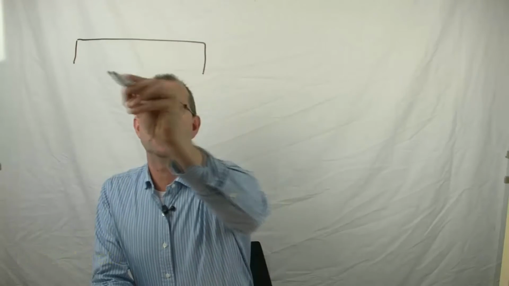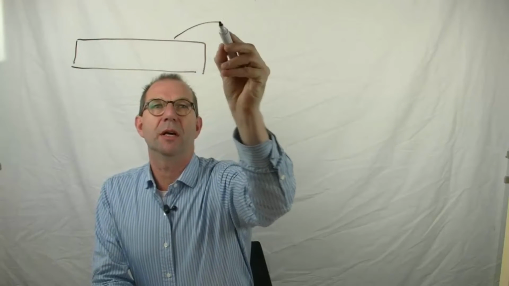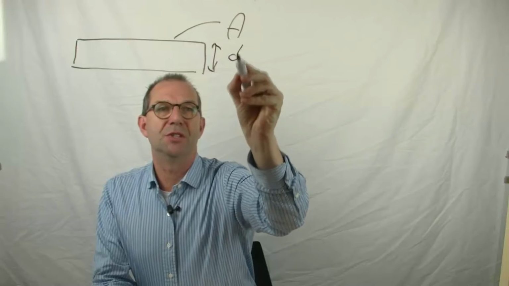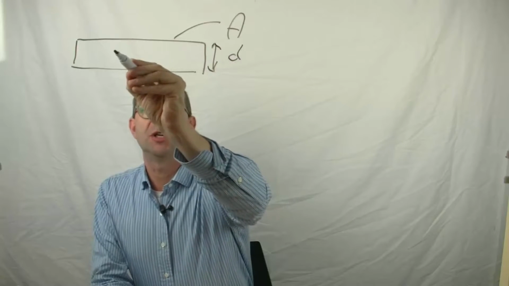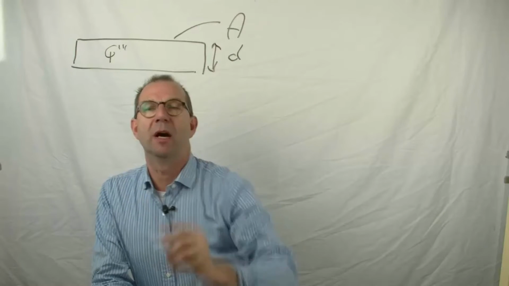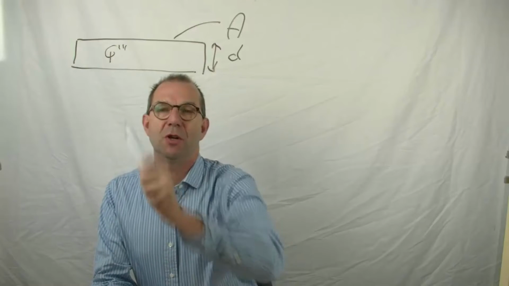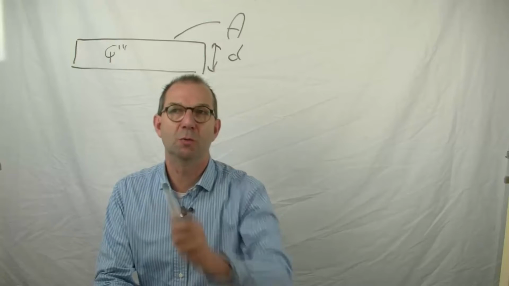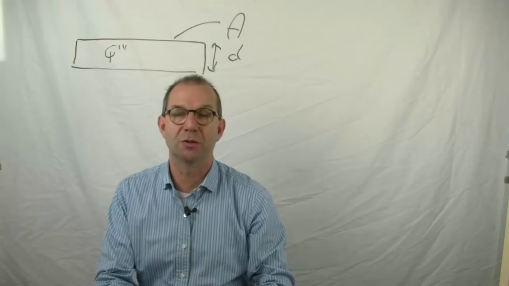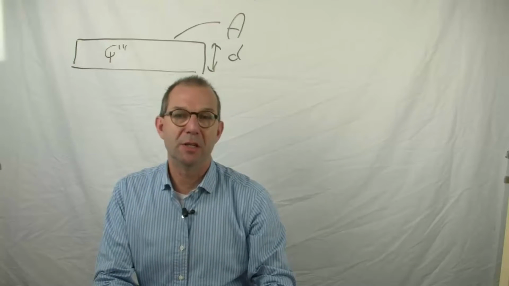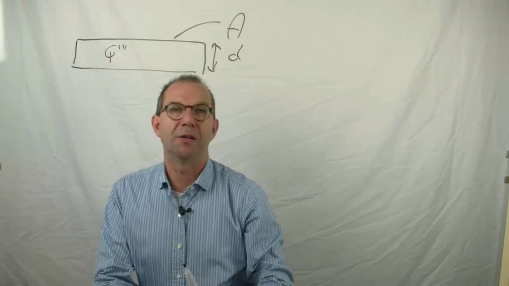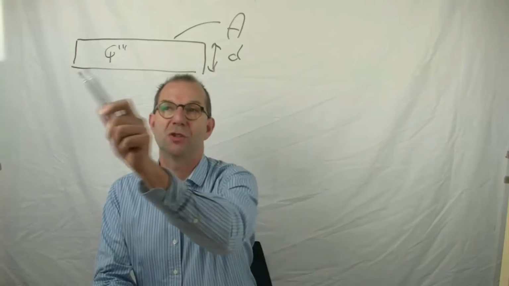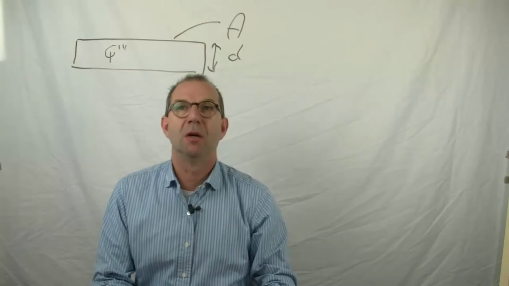We have a flat plate with area capital A and thickness D, in which heat is produced in a uniform way. That means that the heat production per unit of time and per unit of volume, Q triple prime, is a constant. Given is that the plate is very wide compared to its thickness D, so that it basically has no ends. We will ignore the ends.